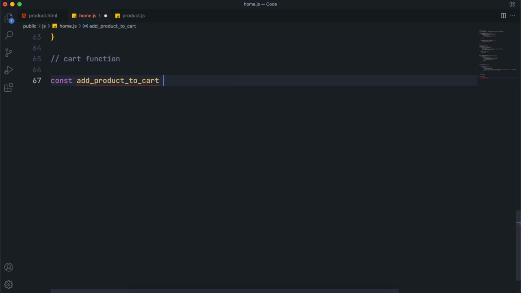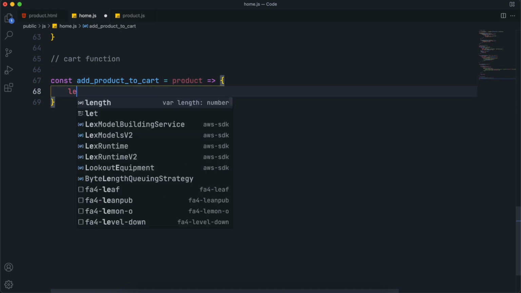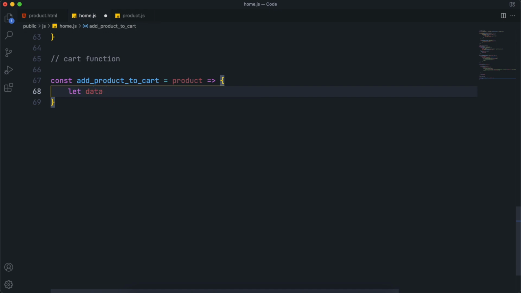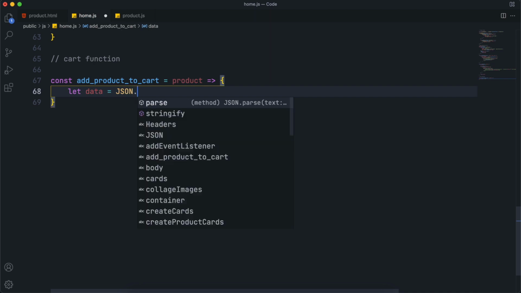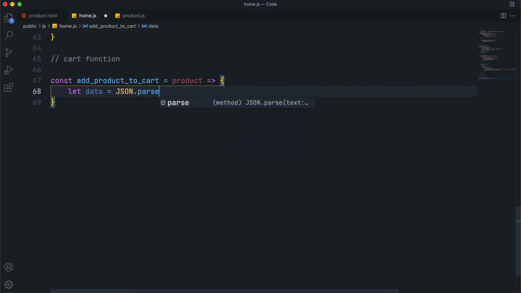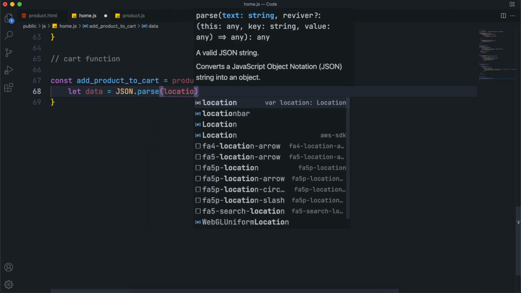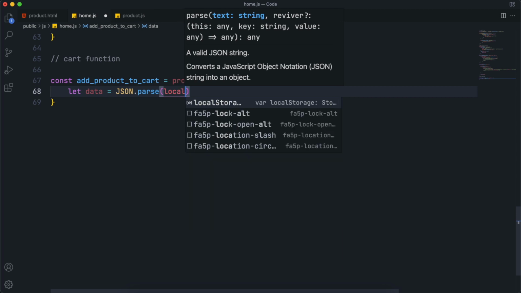So let's open the home.js file and we will create this function inside it. Here make that function and define the data argument, and actually instead of calling this argument data, let's call it product, because it's a product we are storing in the local storage, right? So make a variable data and set it equal to JSON.parse, and JSON.parse will parse the data from the local storage.